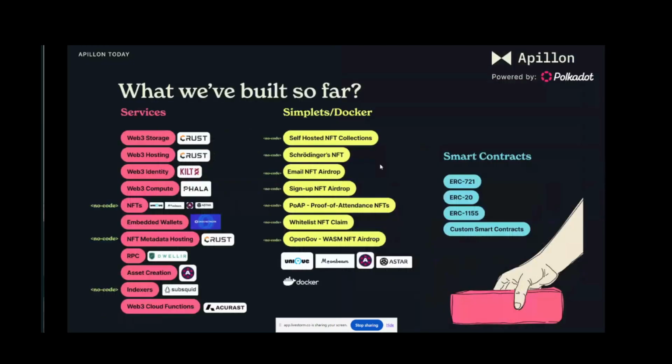All right, so what do we have as a Web3 development platform? It is obvious from our portfolio offering. This is what we have currently in production. We're utilizing different Polkadot parachains, protocols, or services. We are not a parachain ourselves. We are instead very high up, almost at the application layer. What we do is we cherry pick different stuff from Polkadot. We connect to those parachains. We configure everything in the background.